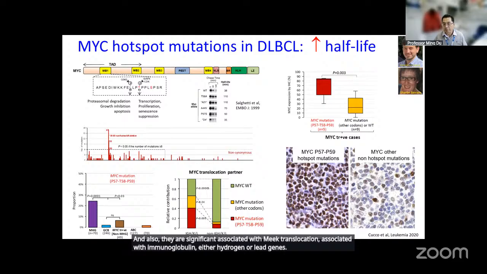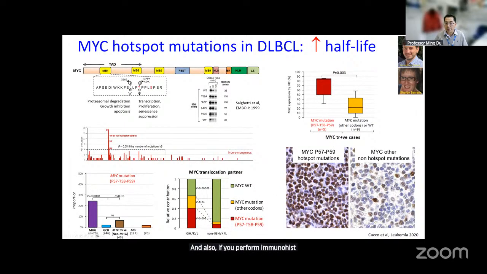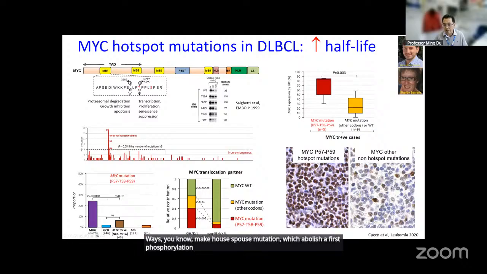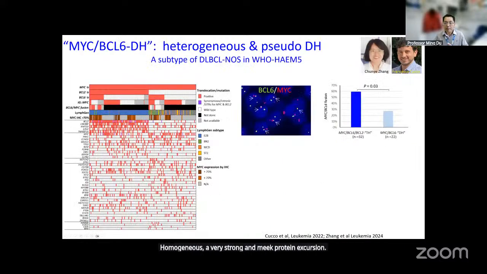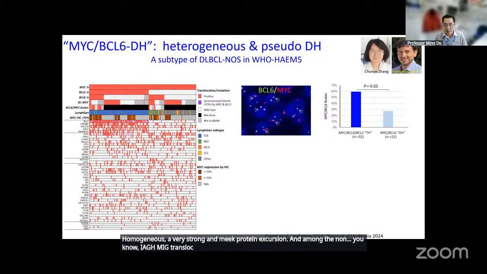And also, if you perform immunohistochemistry, we also demonstrated the cases with MYC hotspot mutation, which abolishes the first phosphorylation site. Then they show homogeneous, very strong MYC protein expression. And among the IgH MYC translocation, we know probably around 6 partners reported in literature, and through our ongoing study, we have